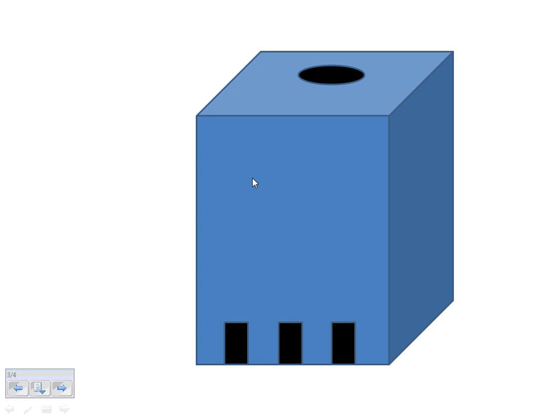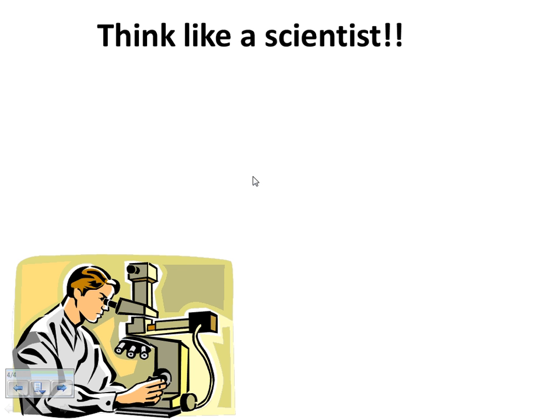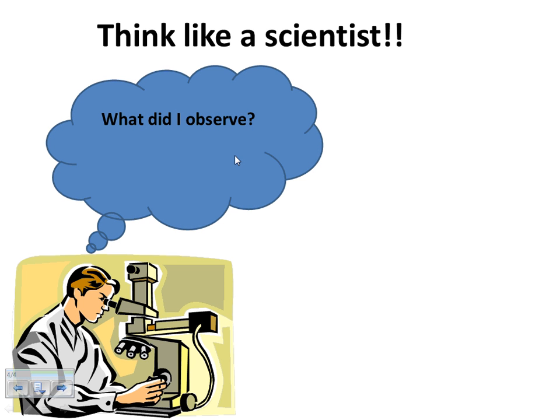So now that you've had a chance to observe black box number 1 and how it operates, now it's time to think like a scientist. Scientific thinking when it comes to observation is very similar to mathematical thinking. In mathematics, we look for patterns. Mathematicians observe how things work and they try to explain things by identifying patterns. And that's exactly what you need to do right now.